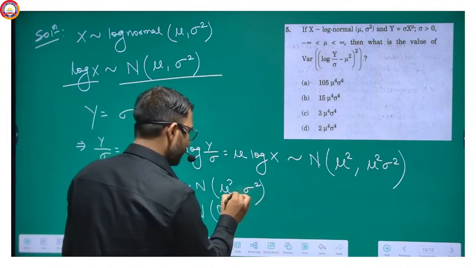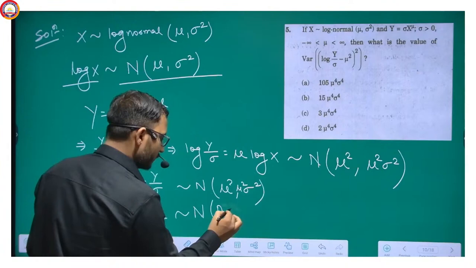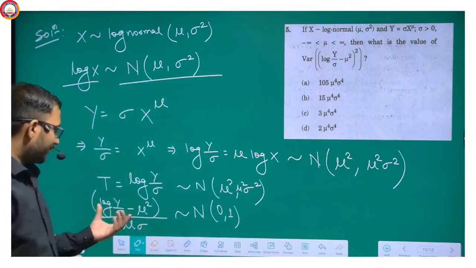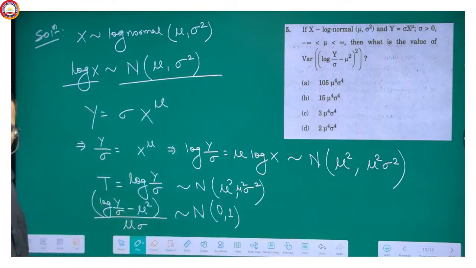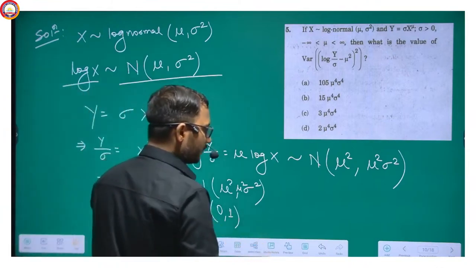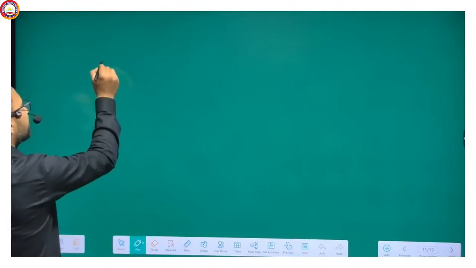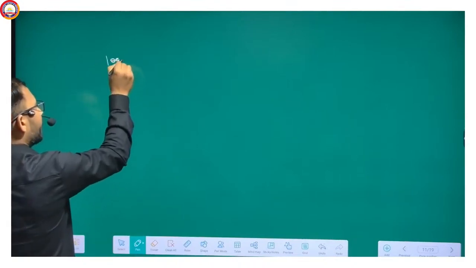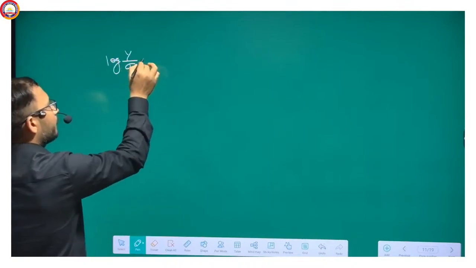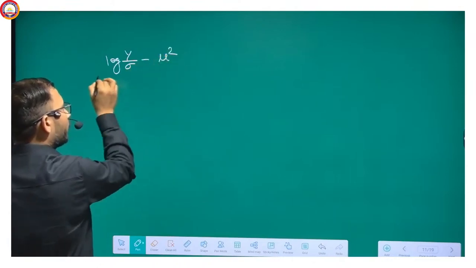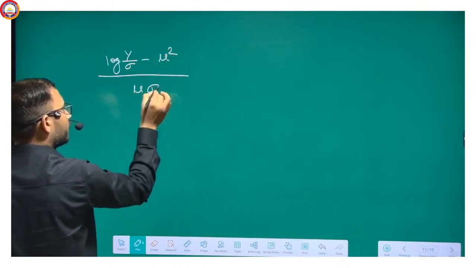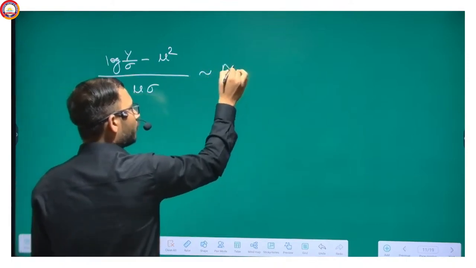Sorry, it is here mu square sigma square, normal 0 comma 1. So this is normal 0 comma 1, and we know that if we write, which I am writing at the next page, log y upon sigma minus mu square upon mu sigma, this will follow obviously normal 0 comma 1,